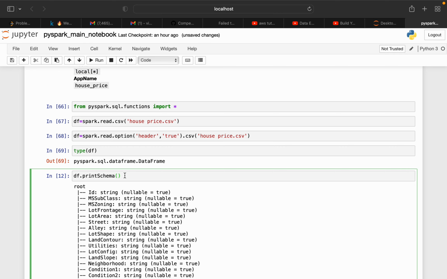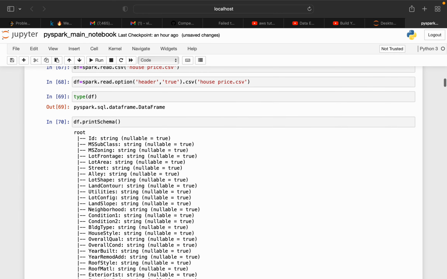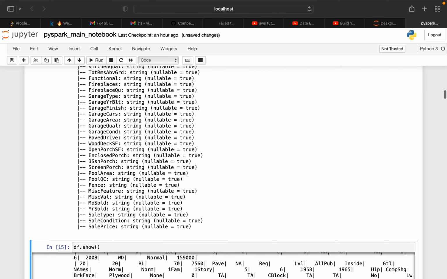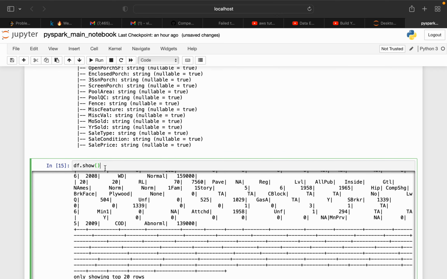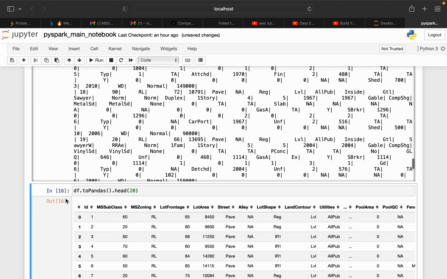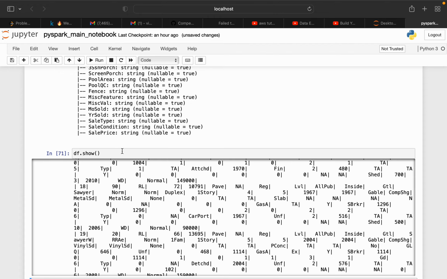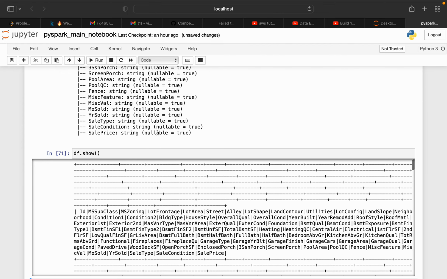Now if you do df.printSchema, you will get the whole schema: which particular column is of which data type, whether it can store null values or not, and so on. Now if you do df.show, it will display that data frame and its values on your console.